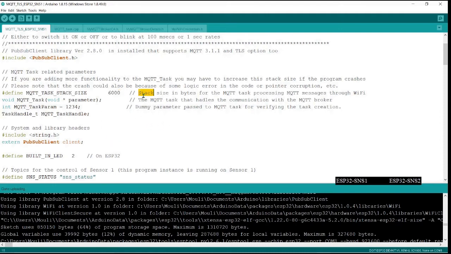So you cannot expect a compilation error or a linker error if you reduce the size of the stack. It is going to be known during the runtime. So if you make a mistake of choosing a wrong smaller value, it will start restarting and the code will never run. So this is one of the indications that your stack size may be less than what is needed.